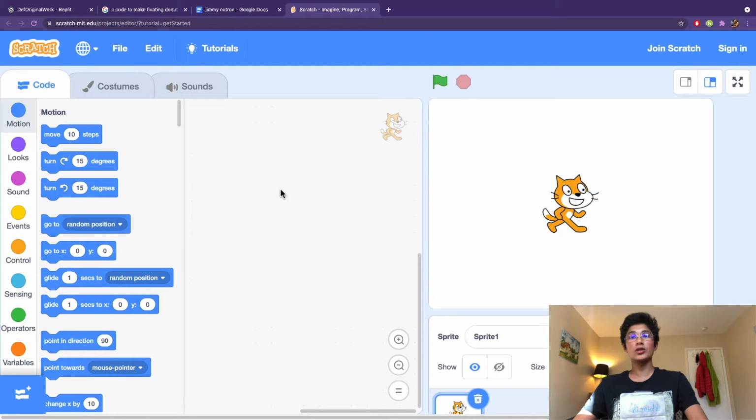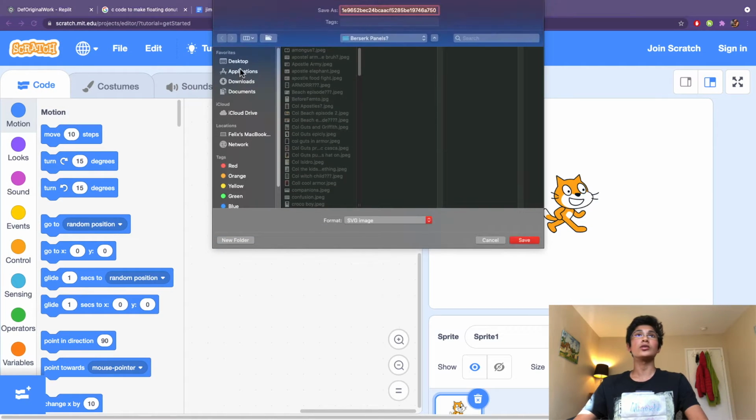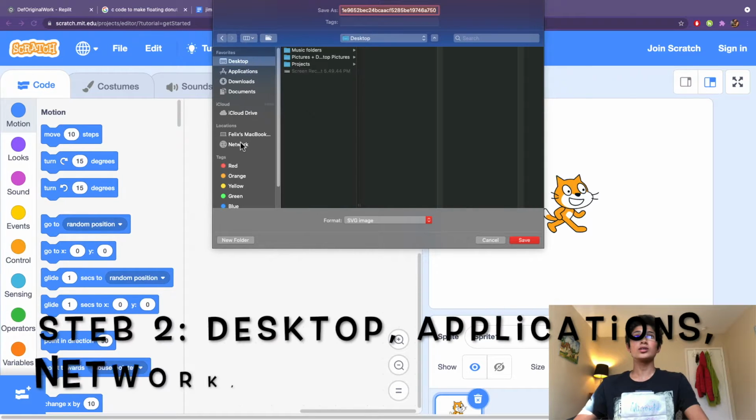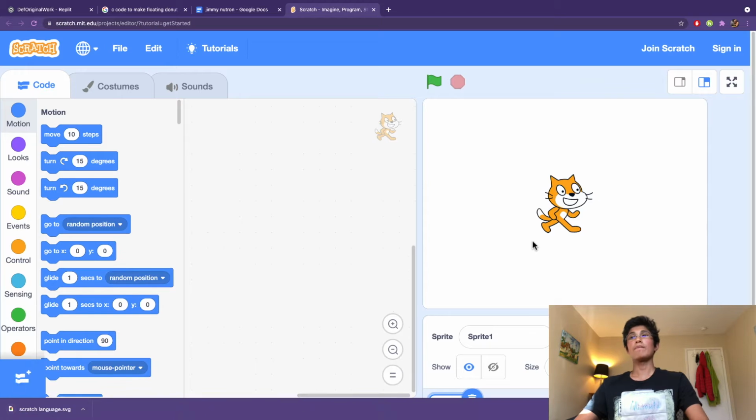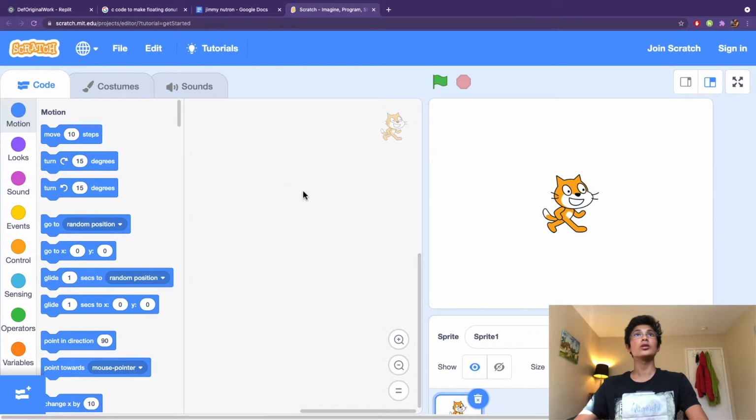Now listen closely here, okay? You're going to want to go to the top left where it has the Scratch logo, right? The Scratch logo. You're going to want to right click, save as, okay? You can save it anywhere. You can save it to your applications, your desktop, your network. Okay, so now that you've downloaded this entirety of the Scratch language, what you're gonna want to do is find a